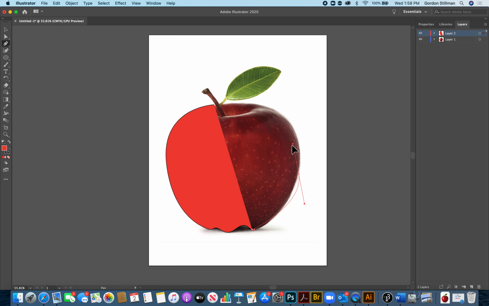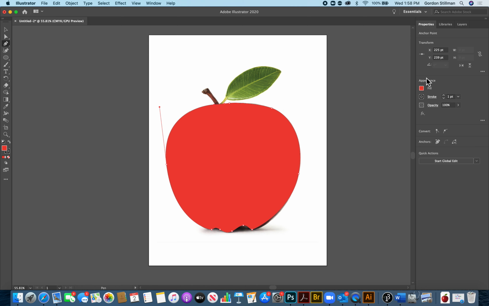You're not going to have the handles crossing through what you want to trace because that's going to give you a curve in a direction that you don't want to go. And if you get something a little bit off, you can always come in after the fact and fix it. Now I'm just going to trace the fruit itself here and leave the stem and the leaf for a little bit later, because what I can do here, now that I have this on my separate layer, is I can